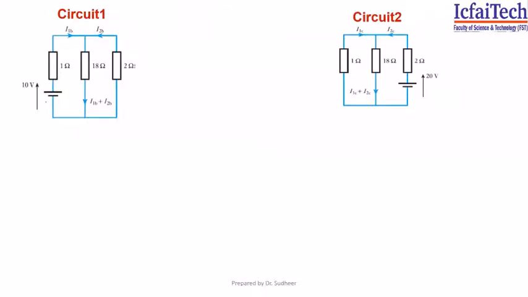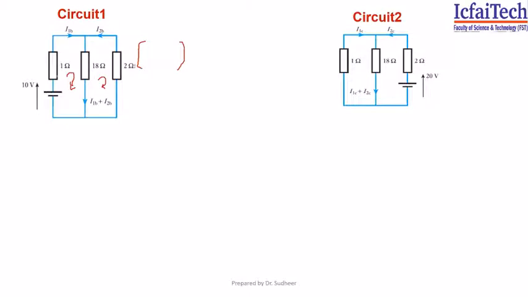So for the first circuit, you can use KVL, you can use KCL, you can use nodal analysis, you can do mesh analysis. But the better method is, because the circuit consists of only resistors and voltage sources, I can go for mesh analysis by the direct inspection method. So what does mesh analysis by direct inspection consist of? It consists of two meshes, right? Let this current be I1, let this current be I2. Directly I can write down the final matrix equation.